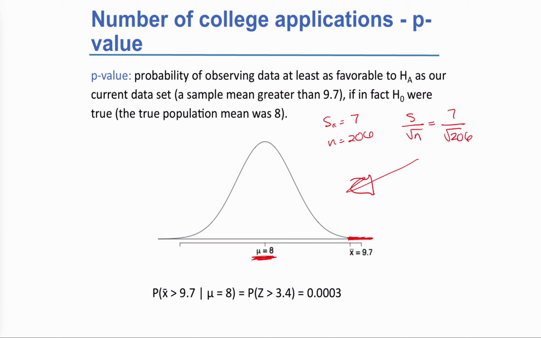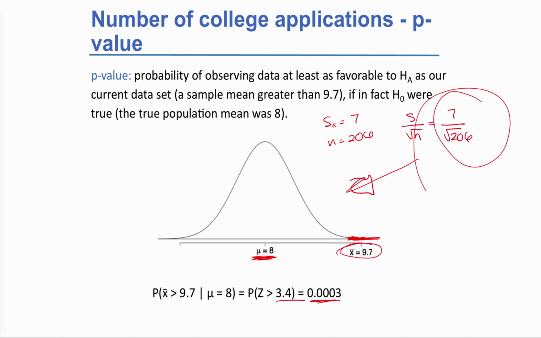And so this gets us a z-score. If you find the z-score value for 9.7 with a mean of 8 and a standard deviation of whatever that is, it's a z-score of about 3.4. So we can use the normal CDF function on our calculator to find out what is the probability of a z-score of 3.4 or greater. And you can probably tell from this graph that it's pretty tiny. It is a p-value of